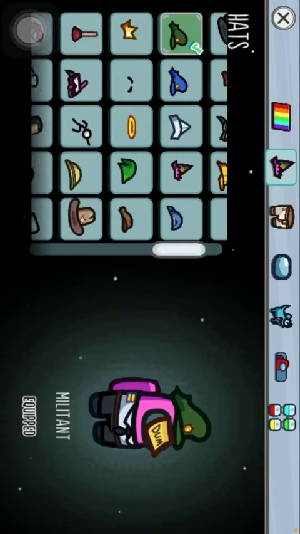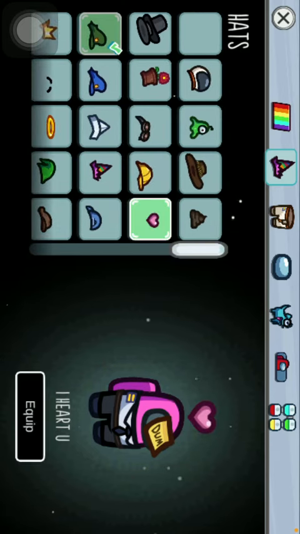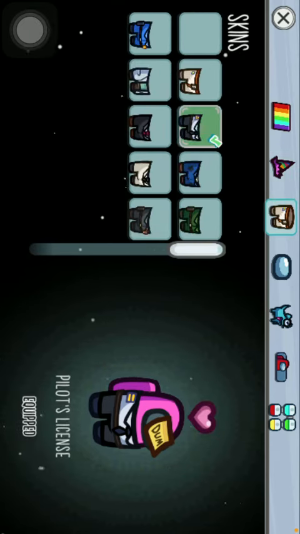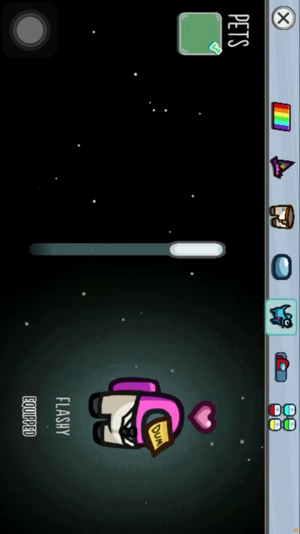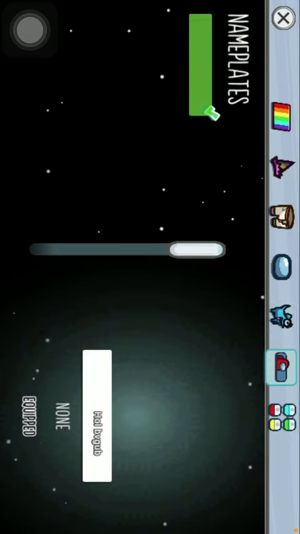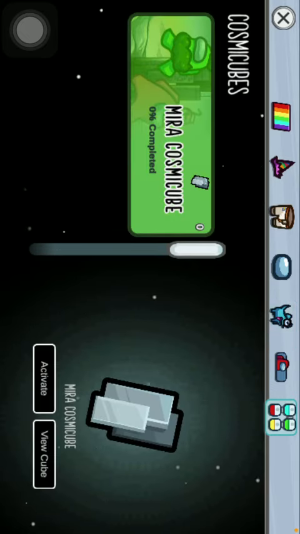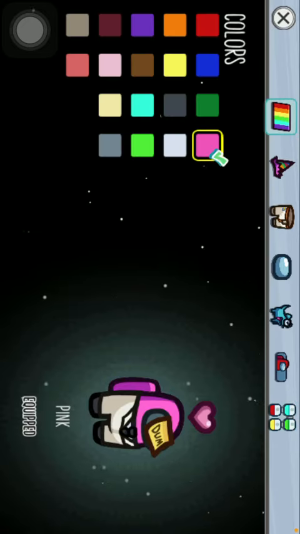So you can proceed with adding hats as well, skins. Then if you are on a certain level you can add pets, nameplates and cosmic cubes as well. So that's how you can customize your